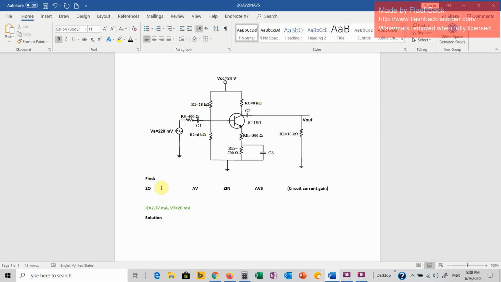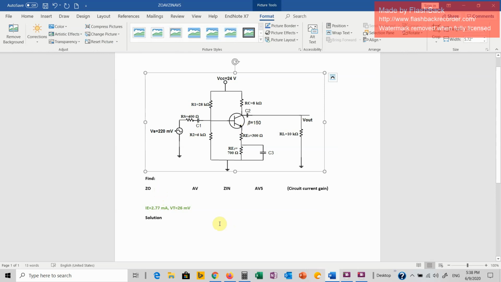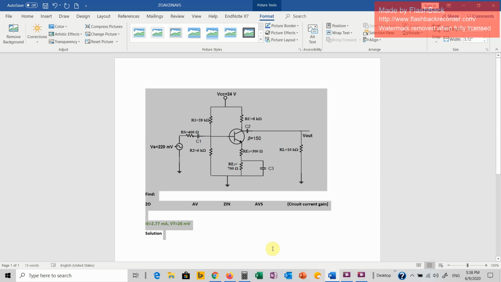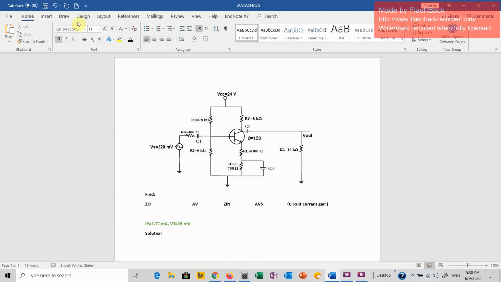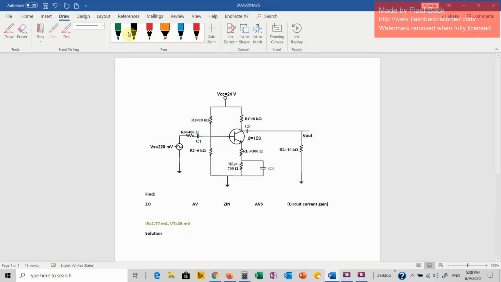And if you notice, this circuit is common emitter. Why is it common emitter? You can see here, you can see clearly the output, V out. V out is connected to the